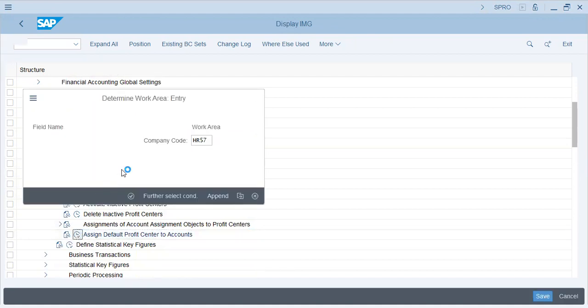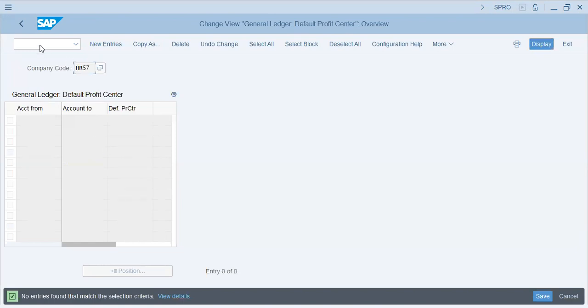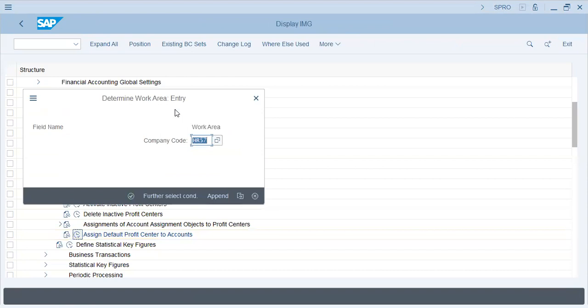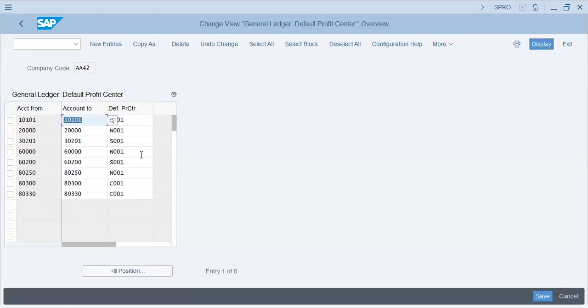HR 57, we need entries over here so that when we enter entries in GL accounts, we can, okay,